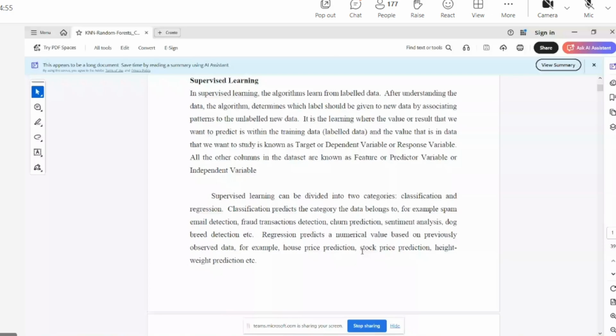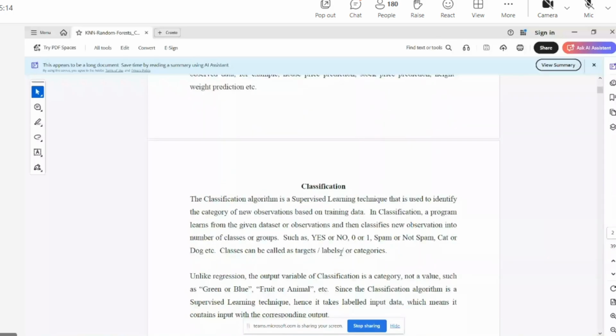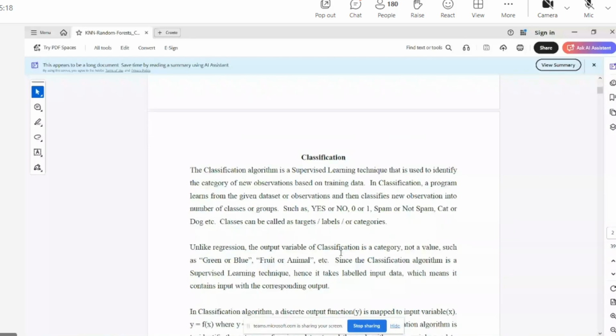For example, you give set of images of cat and dog and you give a new image and the machine is going to identify the new image is a cat or a dog. It is called as a classification problem. Is it clear? Yes, sir. Okay. Now, let's talk about classification problem.